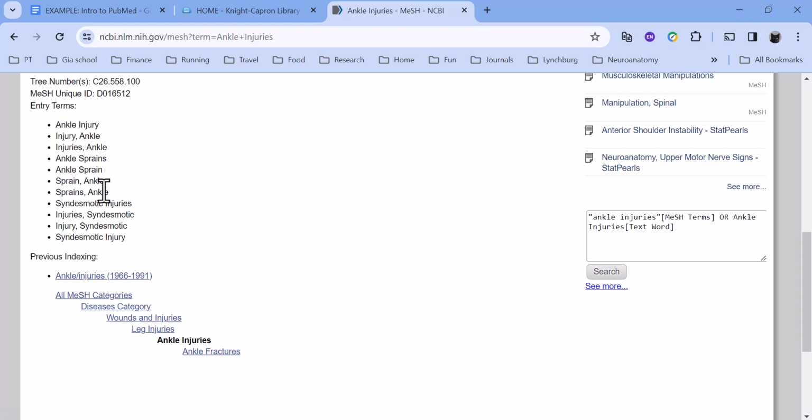Now, over here are all the MeSH entry terms. Does everybody see the entry terms? So you've got ankle injury. If there's an inverted term, so one word, a comma, and then another word, there hardly are any articles that use the inverted term, so I would recommend not using them. But we have ankle injury, we have ankle injuries, we have ankle sprain, ankle sprains. So let's go ahead and